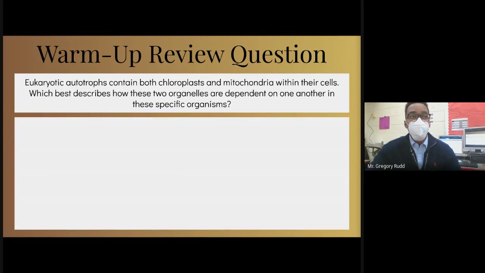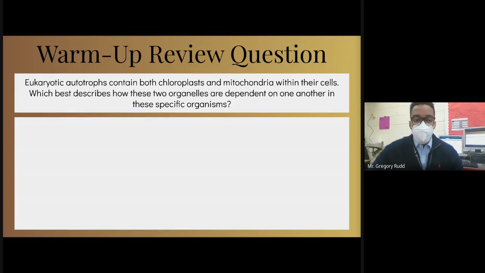Brianna, are you with me? Cool. Just making sure. We want to be able to define the terms that we don't know. So we see eukaryotic, I see autotrophs, I see chloroplasts, I see mitochondria. If we don't know what those words mean, then we might lose some confidence in our ability to answer this question just in that very first sentence, all right? Let me read the actual question and then we'll talk more about it. But you always want to be able to understand the question before you even start considering the answer choices.